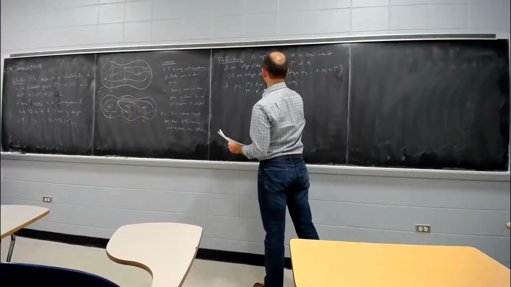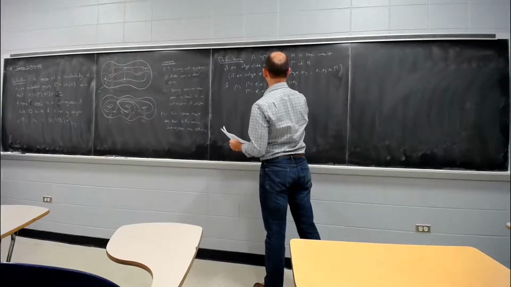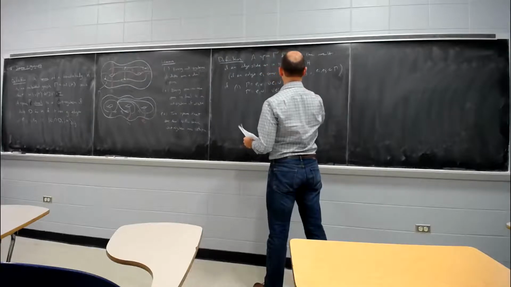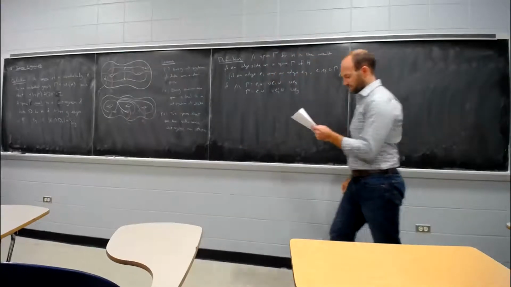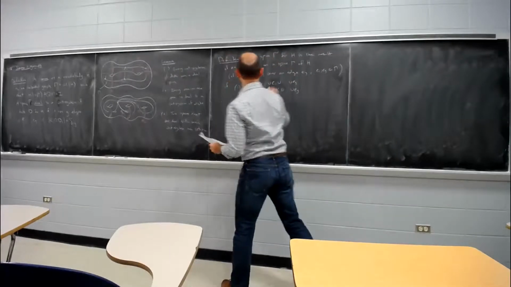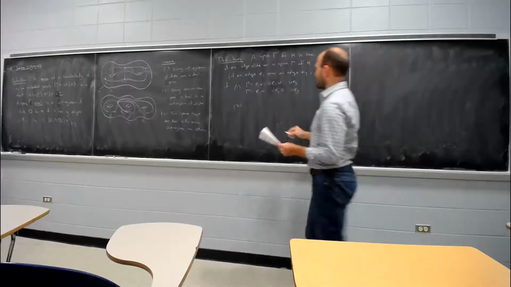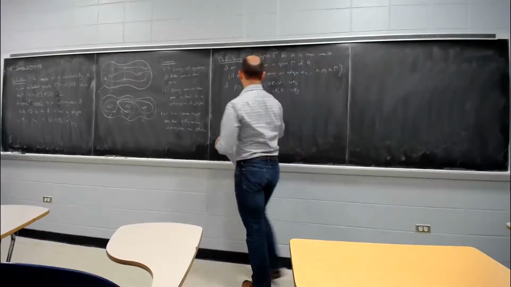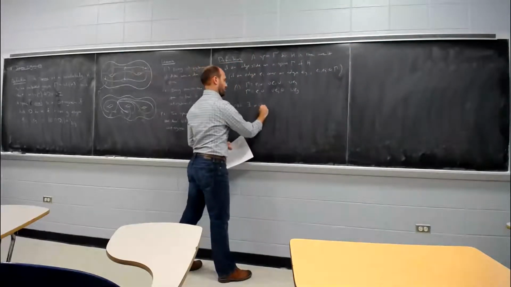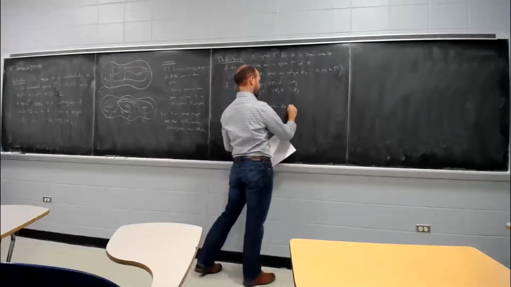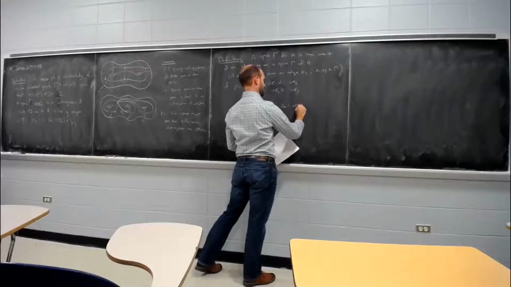Then gamma prime is the union of almost all the same edges except with a different e sub i prime, as you might expect. And then the second condition is that e sub i and e sub i prime are geometrically related in a nice way. In particular, there exists a triangle delta inside the interior of H,